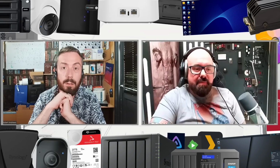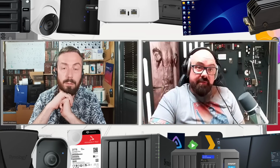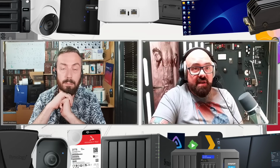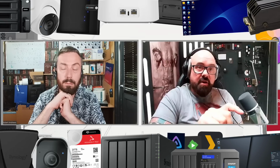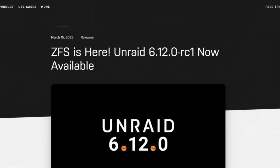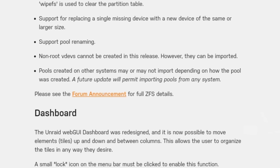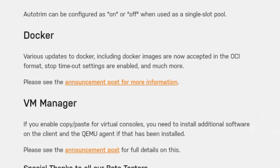For me, saying yes, it's a bit slower on the reads and writes because you're reading from one drive at a time. We've just had a new release of UnRAID 6.12, where now ZFS has been implemented into UnRAID. And so as well as the main UnRAID array, you can have ZFS arrays as well. So you could have multiple ZFS disks in an array, like RAID Z2, RAID Z3. So you can have 3 drives of parity. And because it's striped across all of the disks,